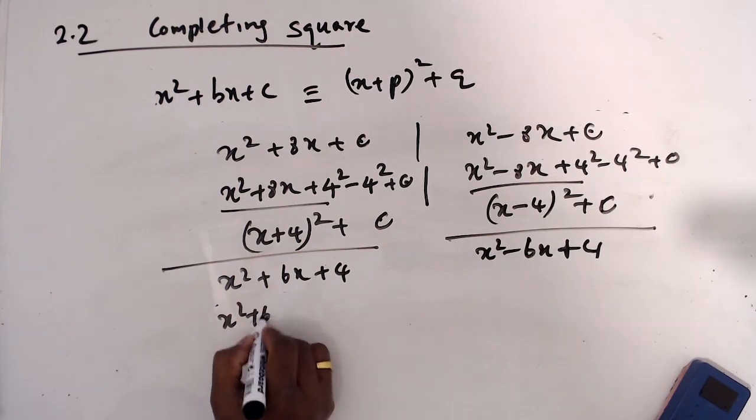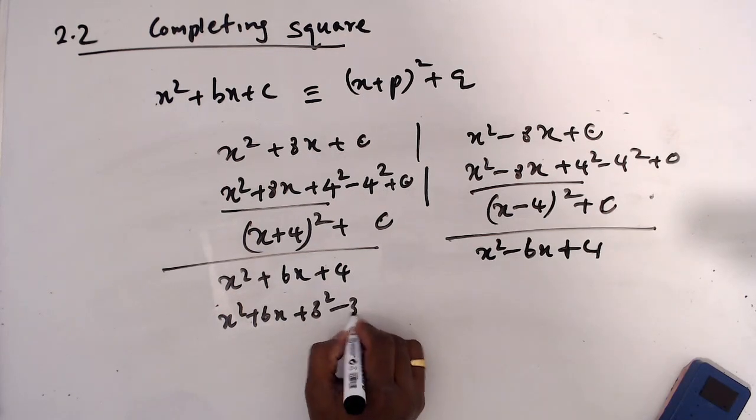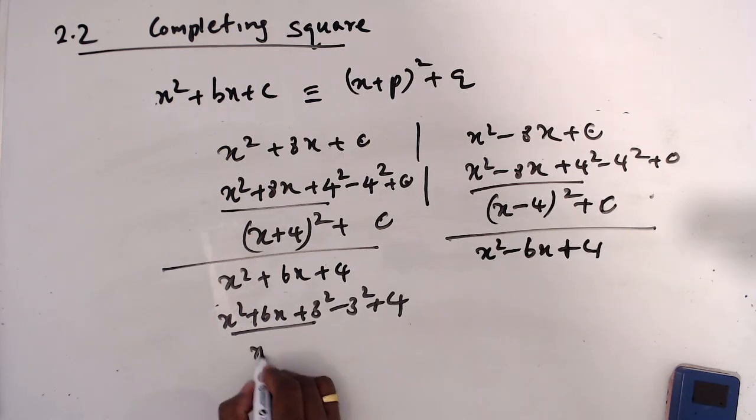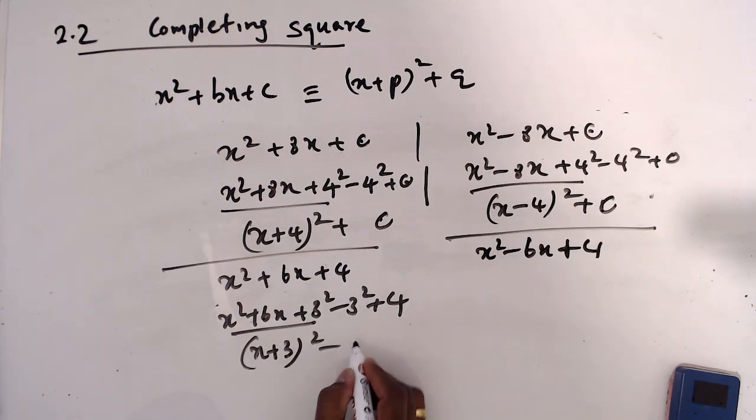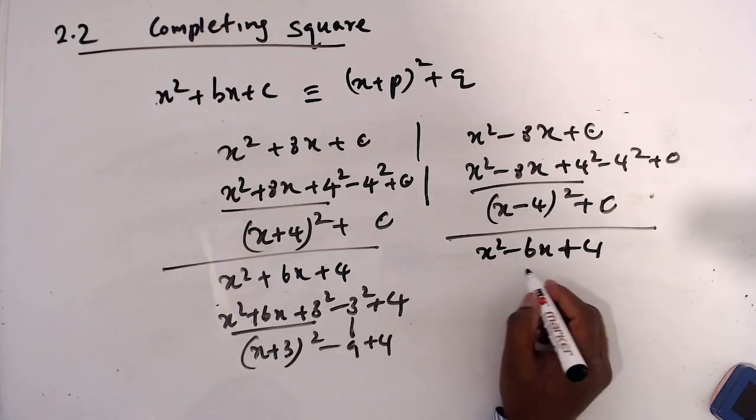x square plus 6x, half of 6 is 3, you add, and you minus 3 square plus 4. Then this is x plus 3 square minus this is 9 and plus 4. And this is x square